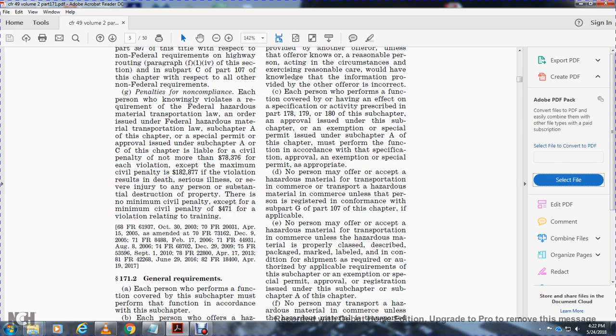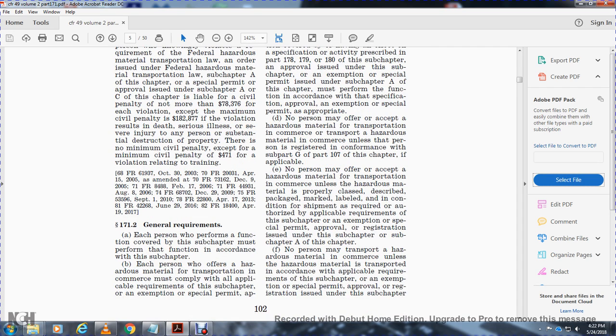No person may offer a hazardous material for transportation in commerce unless that person is registered in conformance with subpart G of part 107, if applicable. No person may offer a hazardous material for transportation in commerce unless the material is properly classified, described, packaged, marked, labeled, and in condition for shipment as described and authorized by the applicable requirements of this subchapter